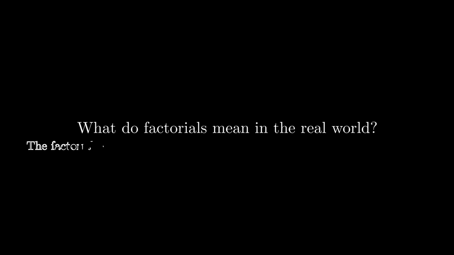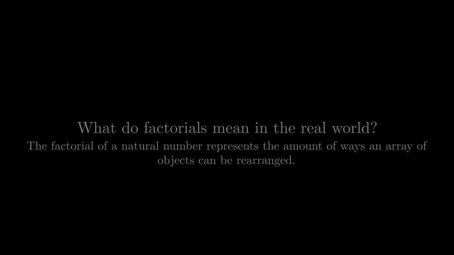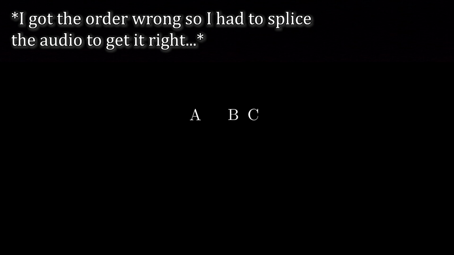The factorial of a natural number can be seen as the amount of possible ways an array of objects can be rearranged. For example, take the first 3 letters of the alphabet, A, B, and C. In this case, A, B, and C can be treated as 3 objects. Then you calculate 3 factorial, which is 3 times 2 times 1, which comes out to 6. This means that there are 6 possible ways you can rearrange ABC, one of them including ABC, ACB, BAC, BCA,